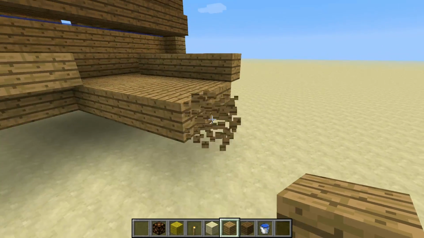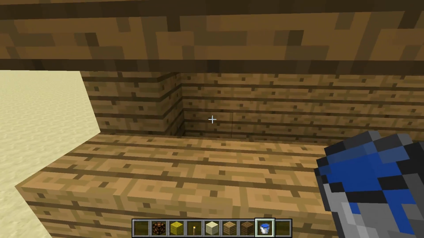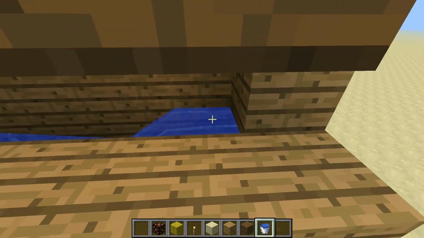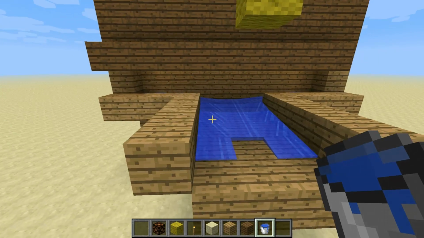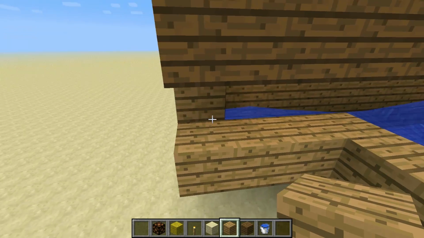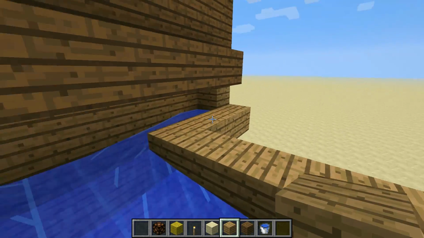So just go like this and drop in the water. 1 source block to the left and 1 source block to the right. And that will transport our spiders away real quickly. So close off the sides,